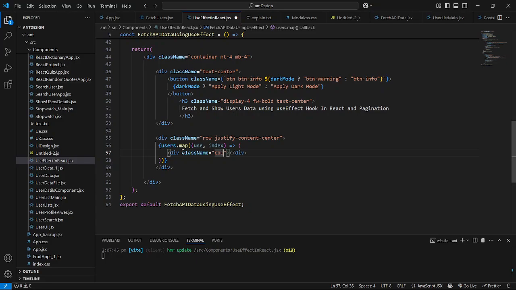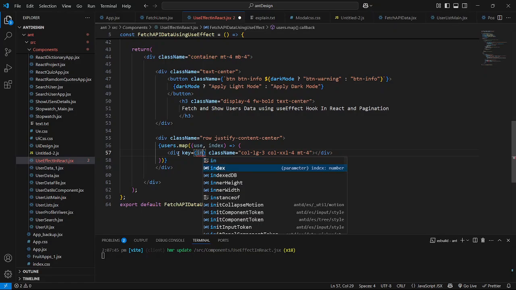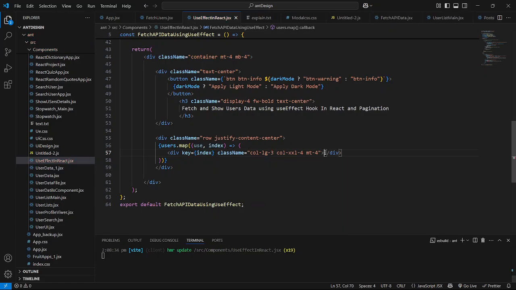I'll just give the class name also. I'll say col-lg-4, col-xxl-4 also. I'll just say margin top also 4. I'll just pass the key prop as well. I'll just say index as a key prop. This is it. So open this div, and guys, now inside this div I'm going to create another